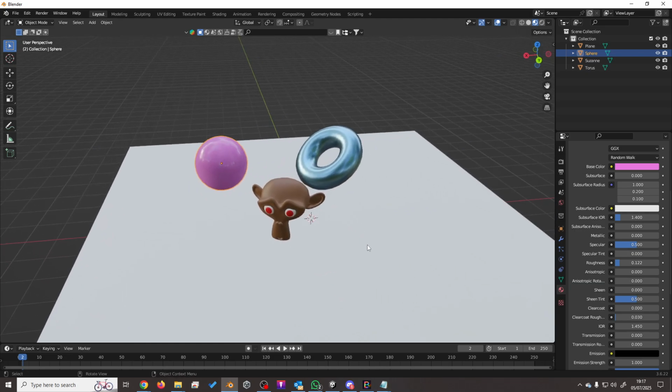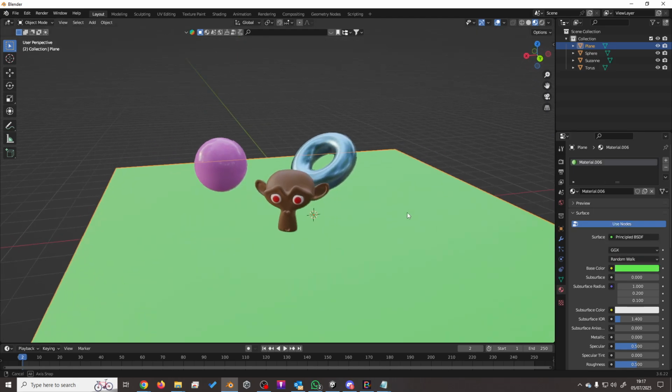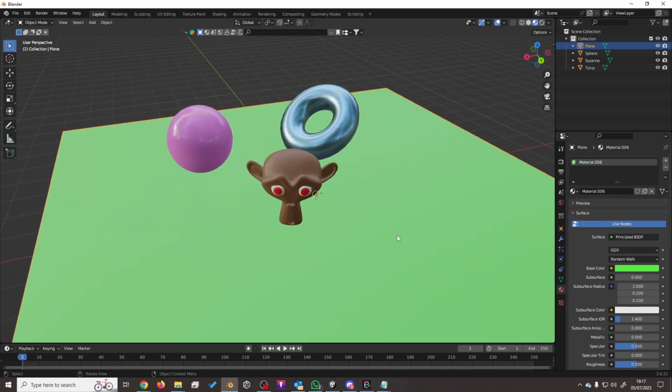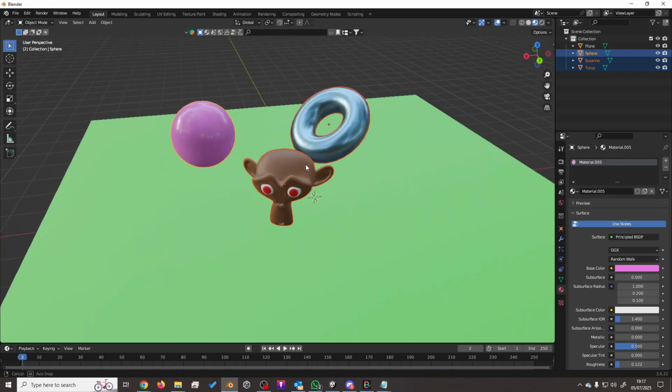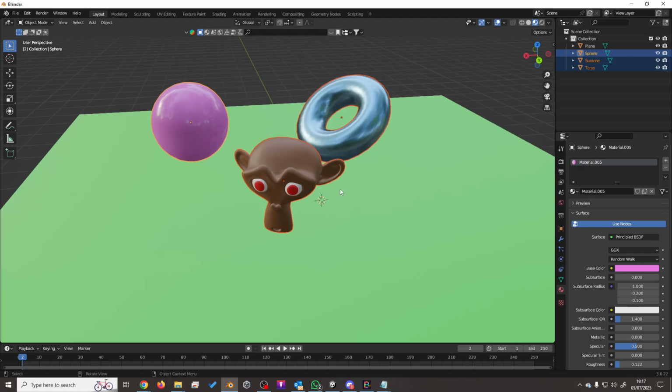And then I guess we'll just give the ground a colour if for no reason other than it seems sensible. So we'll make that kind of green. So the ground I wouldn't bother with. But these 3, I want to combine all these instead of having 5 materials, because there's 3 on Suzanne and 1 each on these. I want it all combined into one single material. And the way we do it,